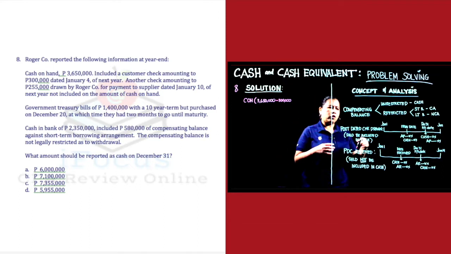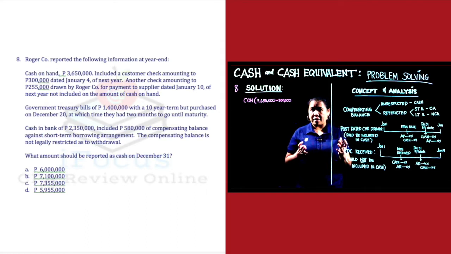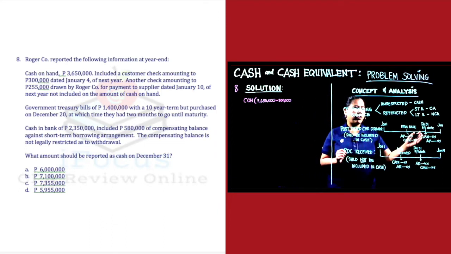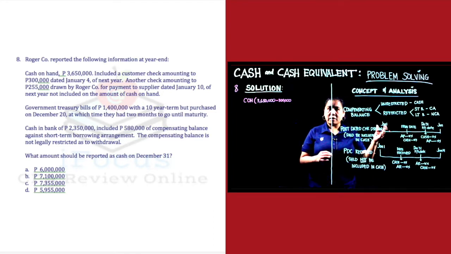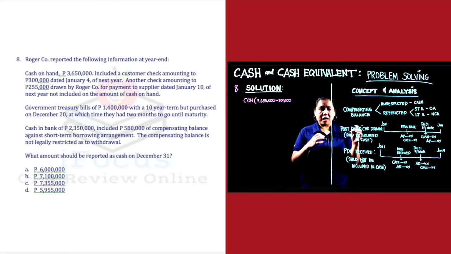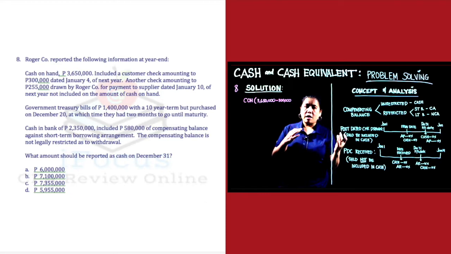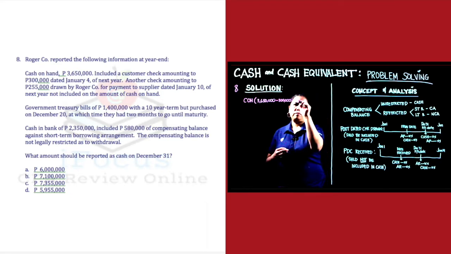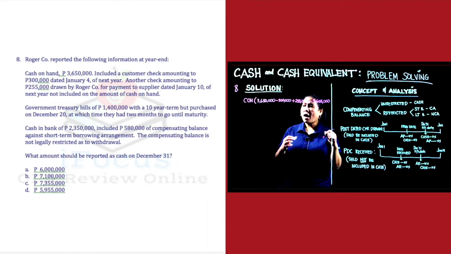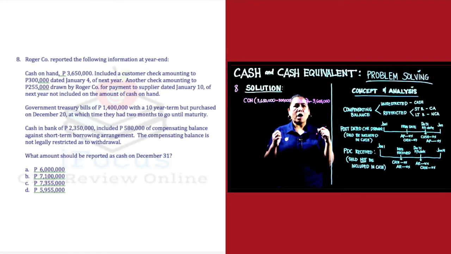So, anong nangyari? Nung in-issue niya yung check na ito, entry ng company ay debit to accounts payable and credit to cash. Dahil post-dated, ang supplier, hindi pa niya mai-encash yan. Alright? So, meron pang control ang company whether i-cancel niya o hindi. So, as of December 31st, we are going to revert it back to cash. Should be included in our cash. So, itong 255,000, ibabalik natin yan sa ating cash. So we have a cash on hand amounting to